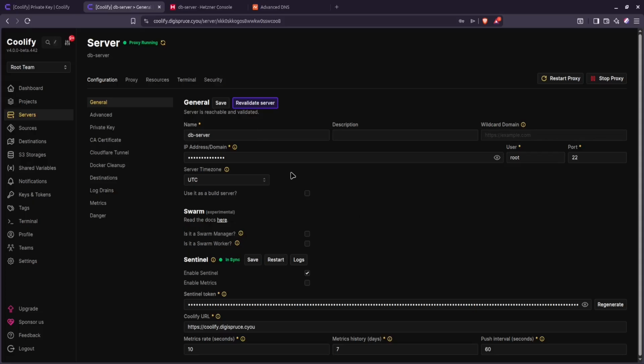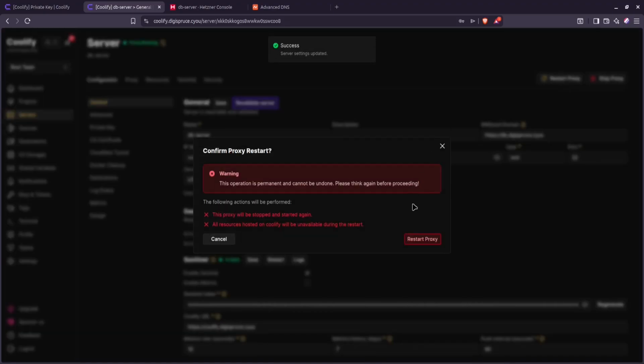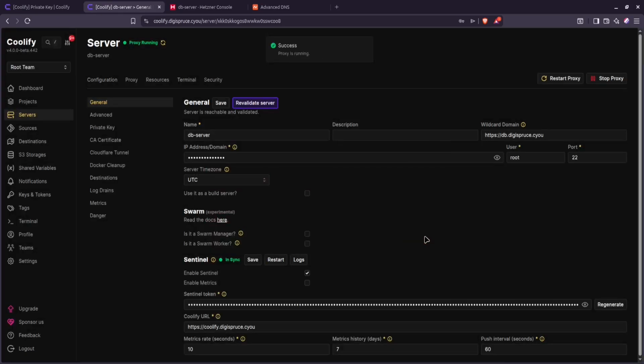Now go back to your Coolify dashboard, and here we're going to add this new domain to the server, https://db.digispruce.cu. We're going to click on save and restart the proxy to apply these new changes. Now the proxy has restarted and it's up and running again. Now it's time to start installing some apps. I want my apps for the server to be under db.digispruce.cu. The first one I'm going to install is Supabase, and I want it to be at